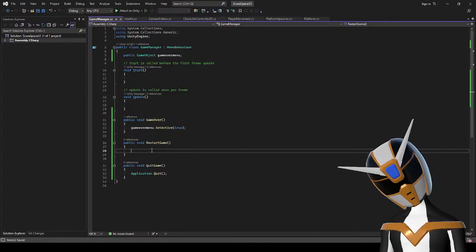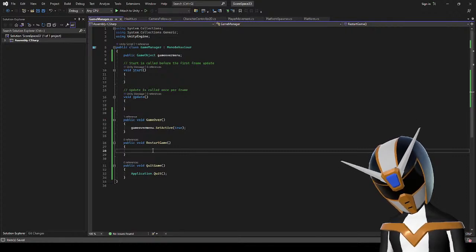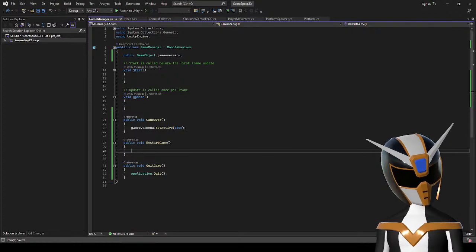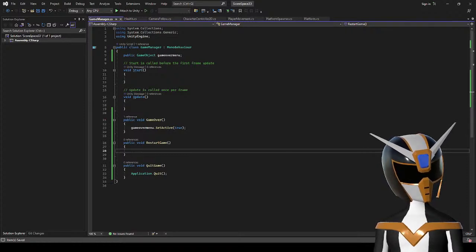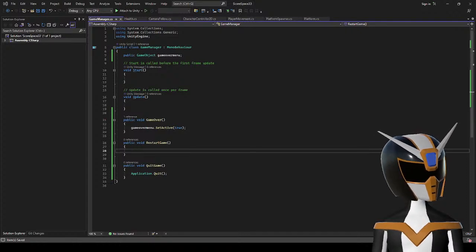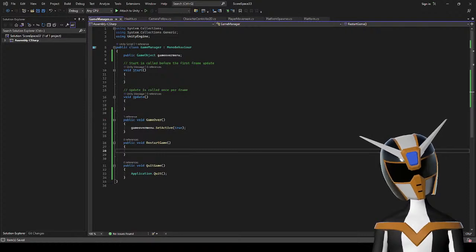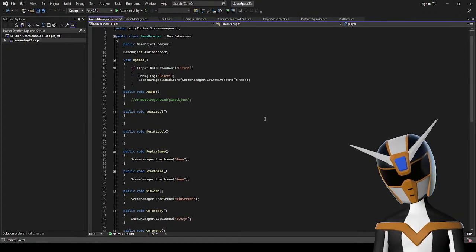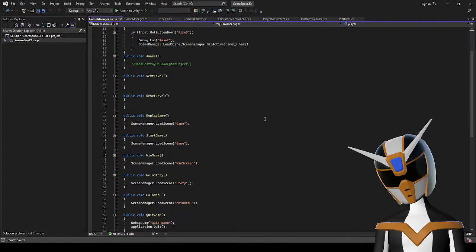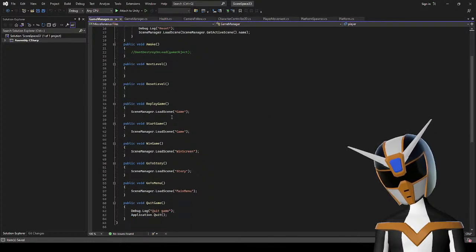Okay. And then, how do I restart a scene? I forget how to do that. Wait, I have a game manager script that I usually use, but I decided not to use it, and instead just decided to go with this. Okay, let's go just, yeah, scene manager.load scene game.